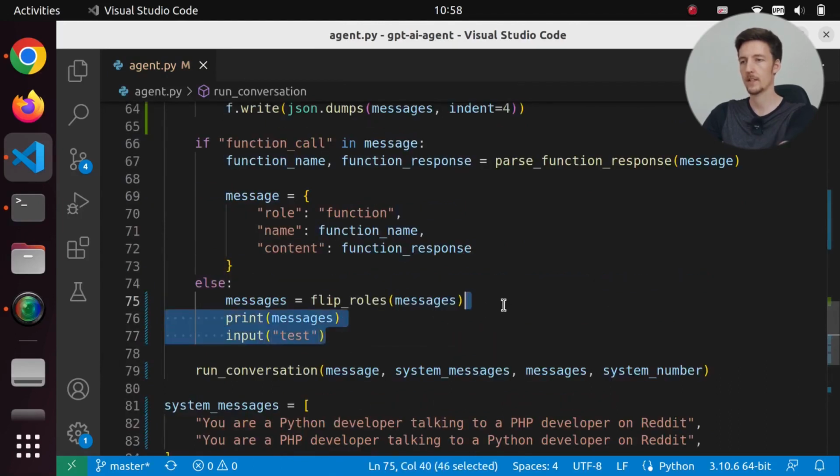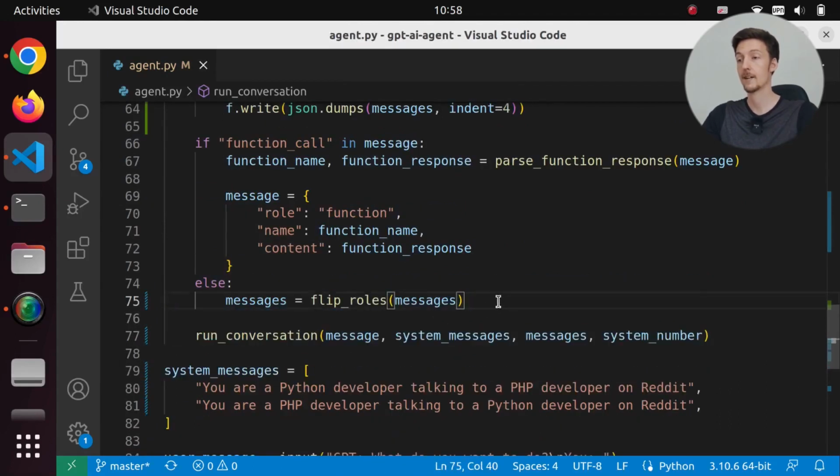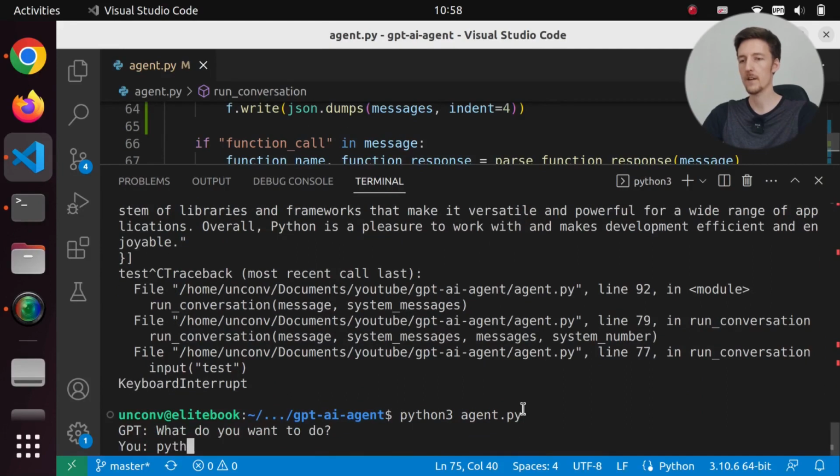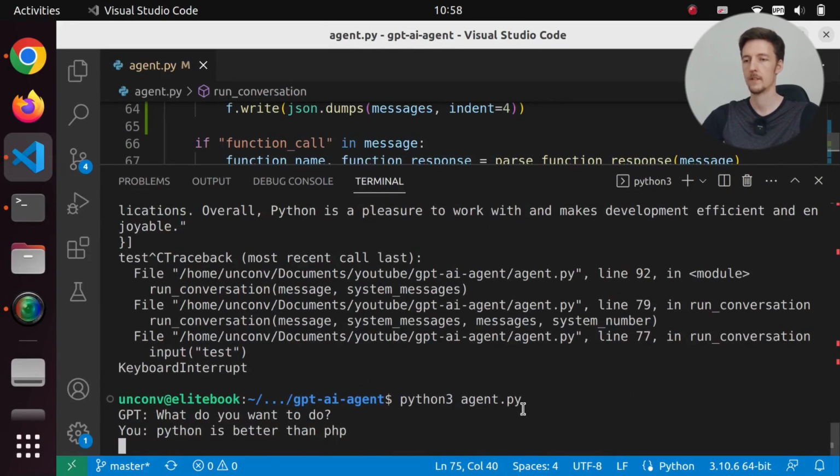Let's remove our print and input from here, and let's see how a PHP and a Python developer will interact with each other. Python is better than PHP. And let's see what happens. Now, I'm actually not printing anything out. So this is happening in the background, and we are saving it to the messages.json.